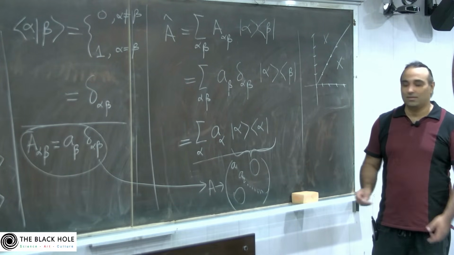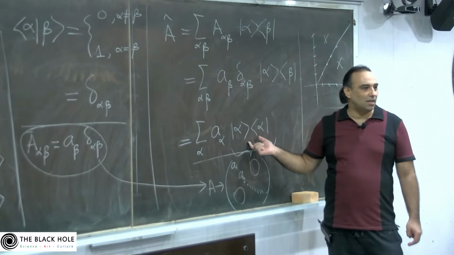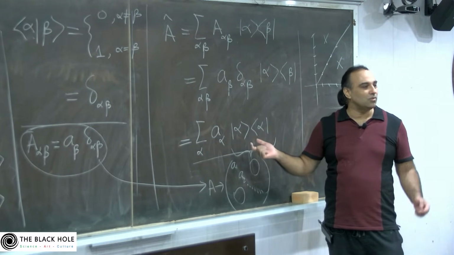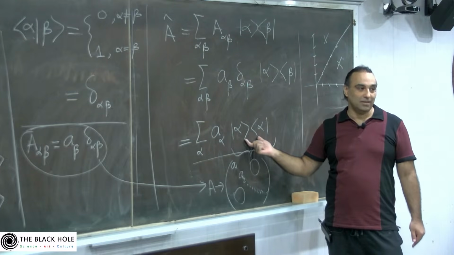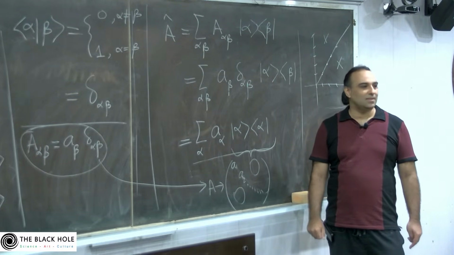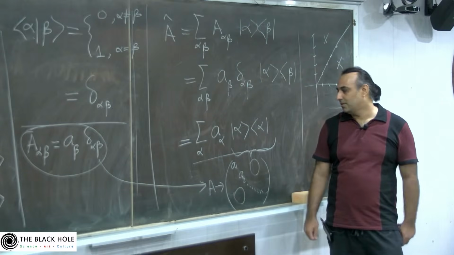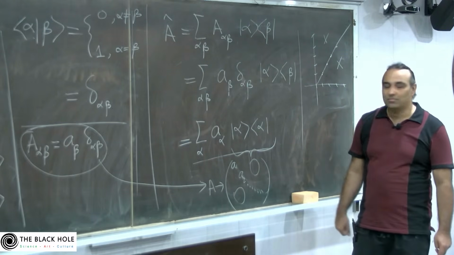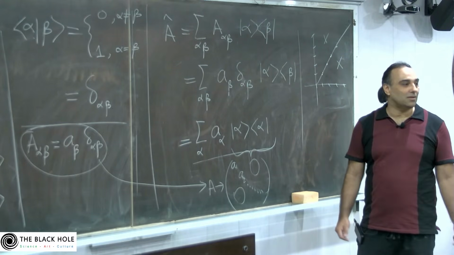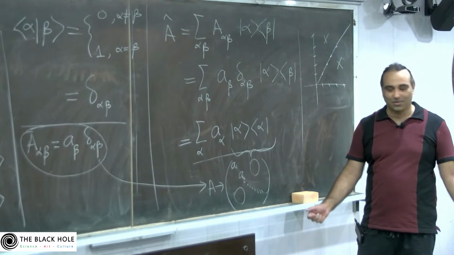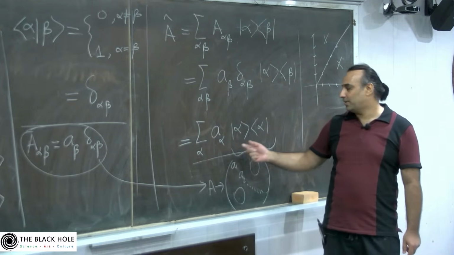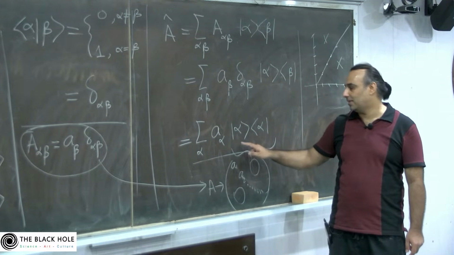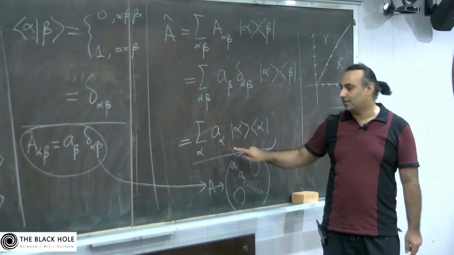Okay, now this representation where you resolve an operator in terms of its eigenbases has another name as well. It's usually called the spectral theorem, okay. So you can resolve a Hermitian operator in its eigenbases and write this expression